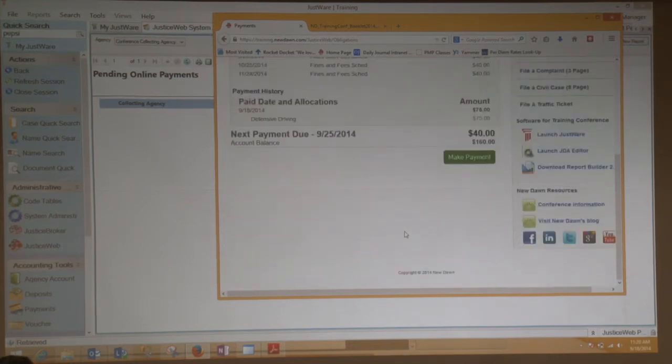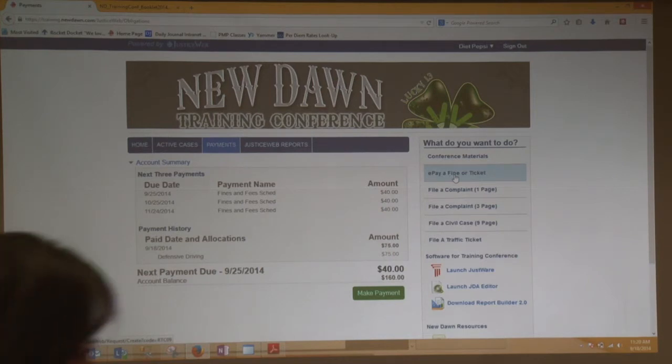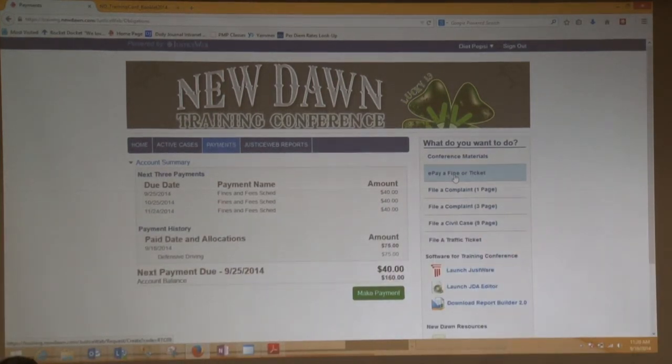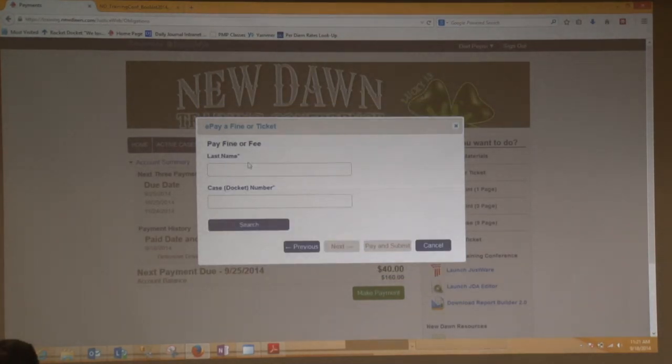Is that cool? So we have two options in JusticeWeb to pay. We've got the public option, which is pay all or nothing. This one's cool, works really well for traffic tickets. Now, if we hit that, and we say, yep, I want to pay on that case for Pepsi, and we have our docket number,